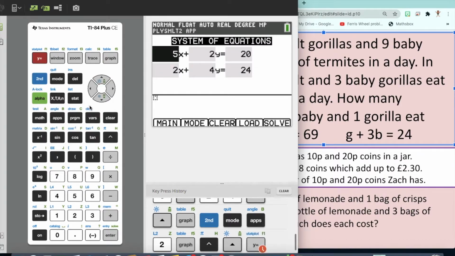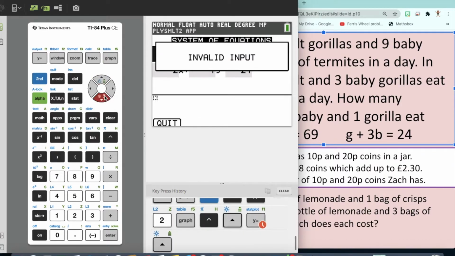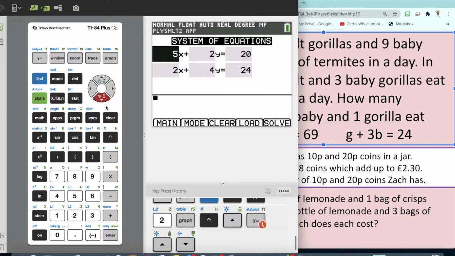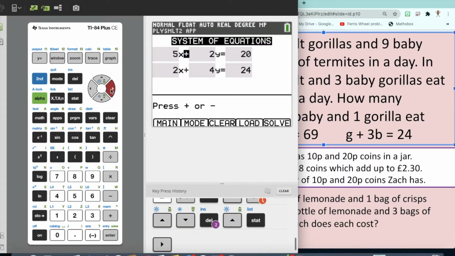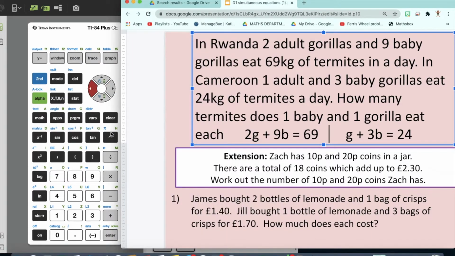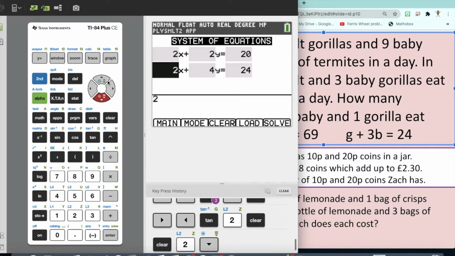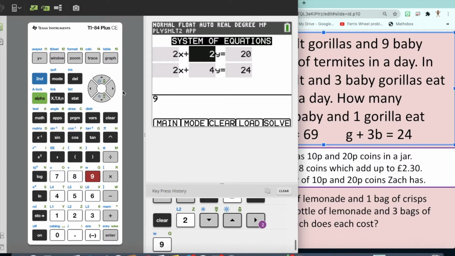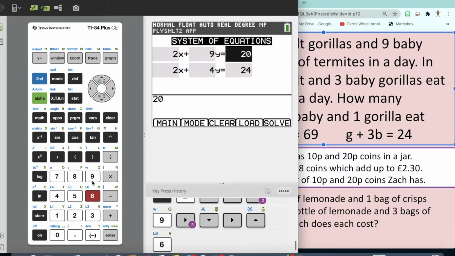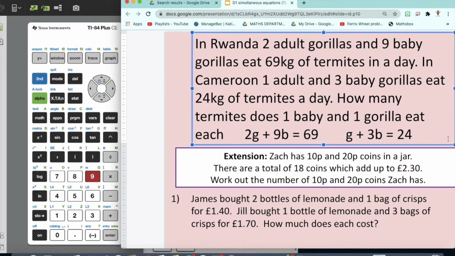I've made a mistake, so let's go back up to the top. The mistake I've put here is a power, so let's press delete. Let's go back up to the first number. We would like to put 2. Second number 9, third number 69. Now let's go on to the second line of the equations,